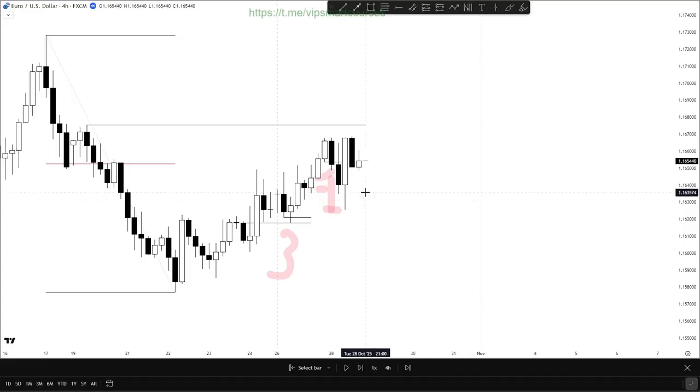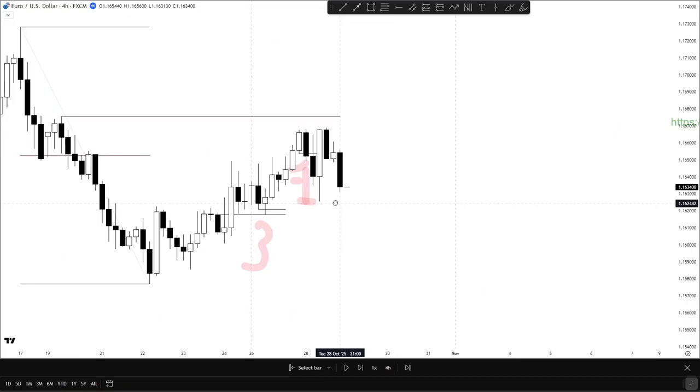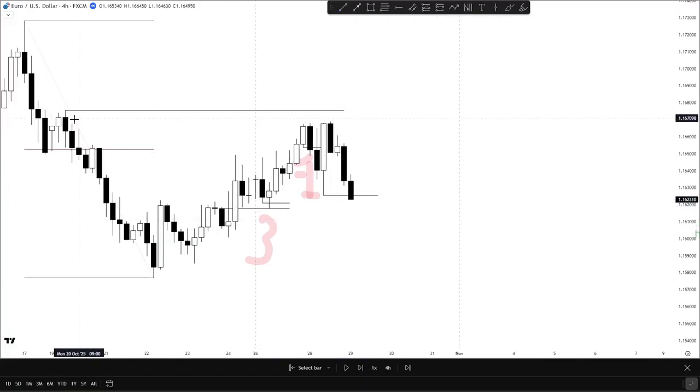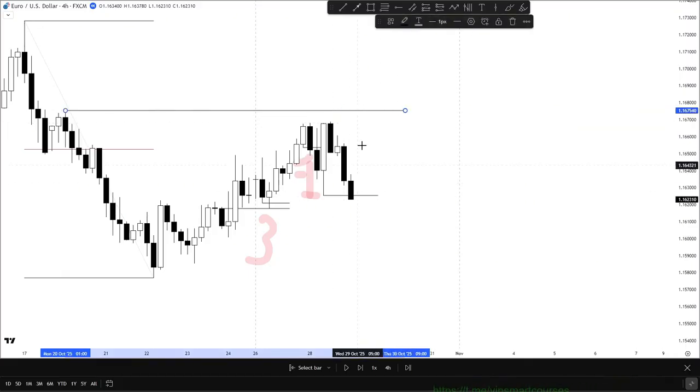Then on Wednesday, I waited till the kill zones, because I only trade during key times in kill zones, so this price action wasn't relevant to me. First of all, I expected price to take out this low. I still had this drawn liquidity in mind. My short-term drawn liquidity for price was still this premium high, and I expected price to first have a bullish range expansion on Wednesday towards this high